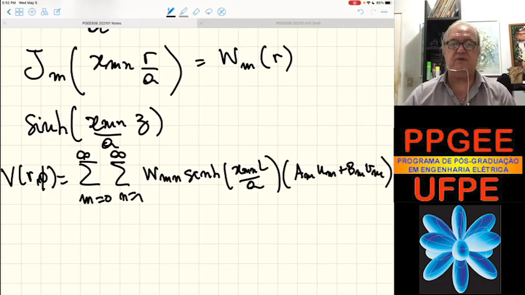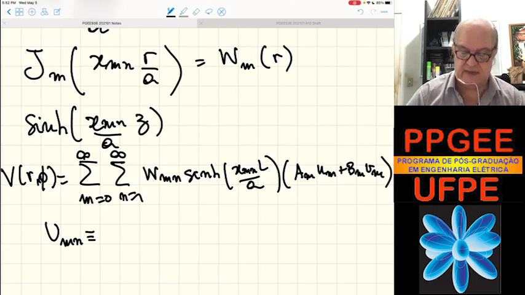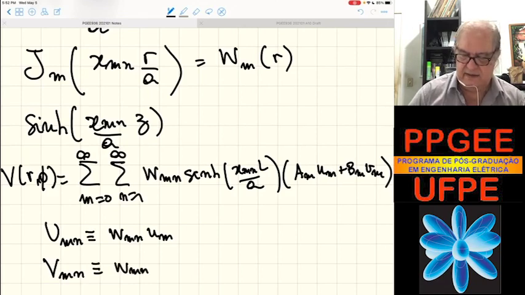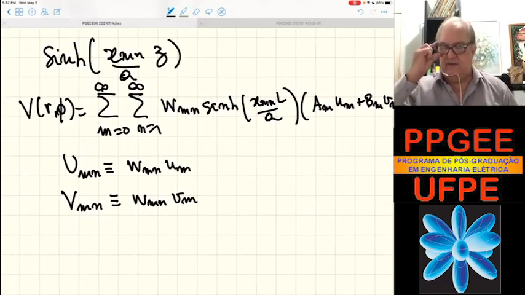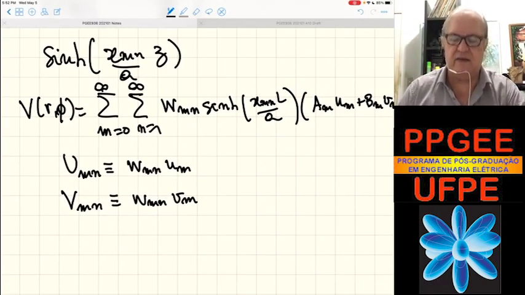We are going to build those functions U_mn by definition equal to W_mn times U_m, and the V, capital V_mn, W_mn times V_m. By doing that, we can, without losing a lot of time, formally calculate the coefficients,